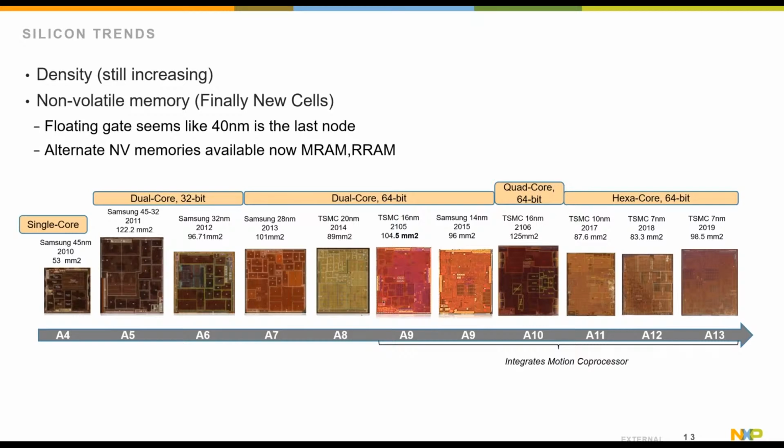Okay, so I always find this idea of process and how that affects what you're doing interesting. Density is still increasing. You look at the different process nodes from 2000 to today, moving to 5 nanometer, and the density still increases. If you look at these products and their die size, they really haven't shrunk. They look very similar. But what's added is features, the things that you can do with these chips is tremendous.